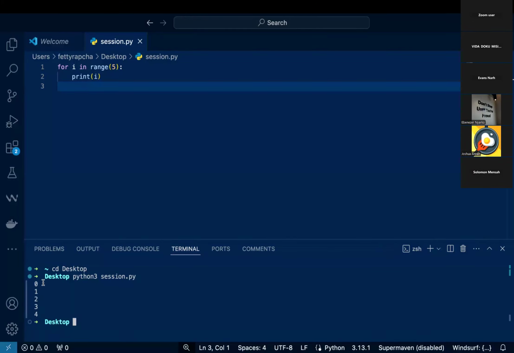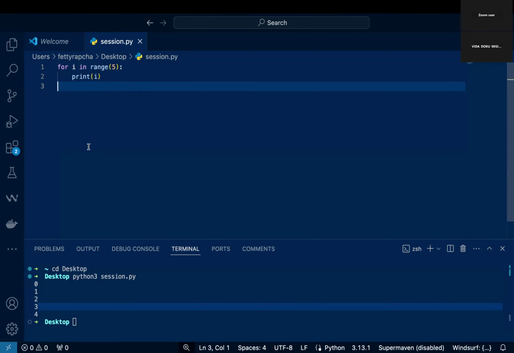So here we have what it printed out. It iterated: the first one was 0, the second one was 1, the third was 2, and then 3 and 4. So that's one example of using a while loop. And also